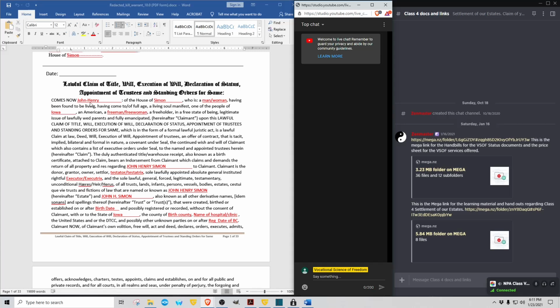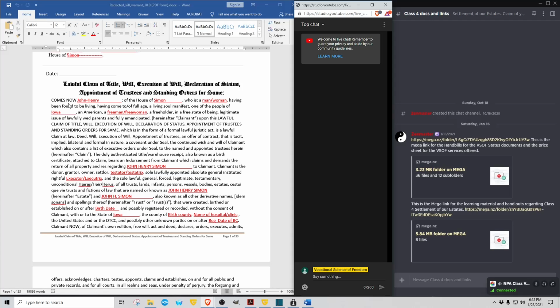So this is what this is. What are we doing here? We're coming now, and again, this doc, along with the rest of the status doc set, gets filed with the county recorder's office under either wills or miscellaneous or anything else that they'll allow you to file it under. It's really not important what it gets filed under as long as it's on the public record in the county. And no, it does not have to be your birth county either, because all of the states have equal standing with all other states, and they have to recognize the documents and the court findings and rulings of all other states.